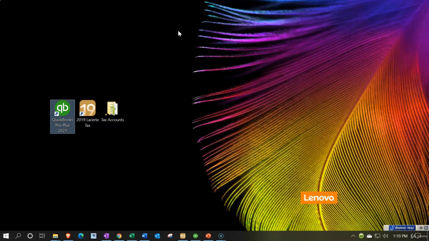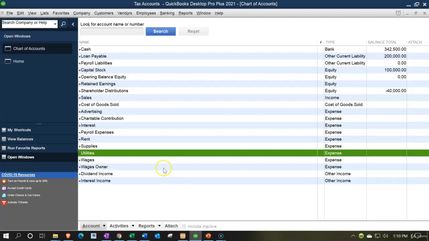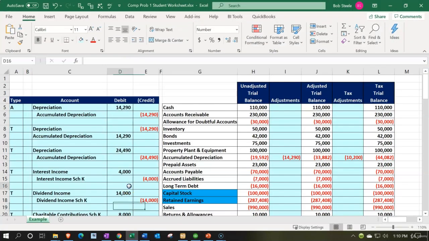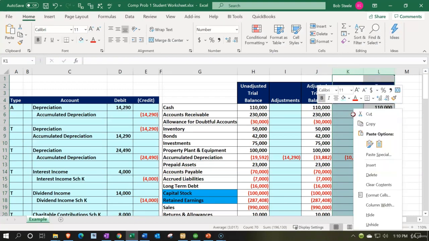So let me just look at the process. Normally what would happen in the tax preparation process is you would take your financial statements, or your information from QuickBooks, provide it to the CPA, or do it yourself at the end of the year, and then typically take your trial balance and put it into some software such as Excel. So I would take my trial balance as of the end of the year and put it into Excel typically, and work with a worksheet that would look basically like this. I'm going to hide some cells,